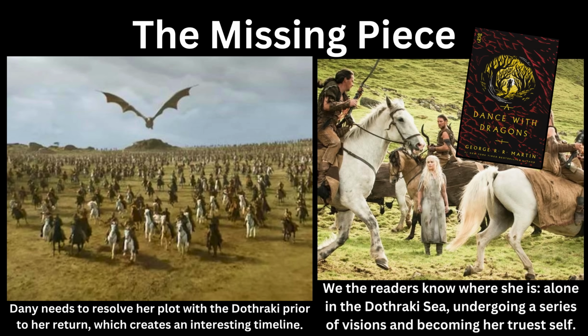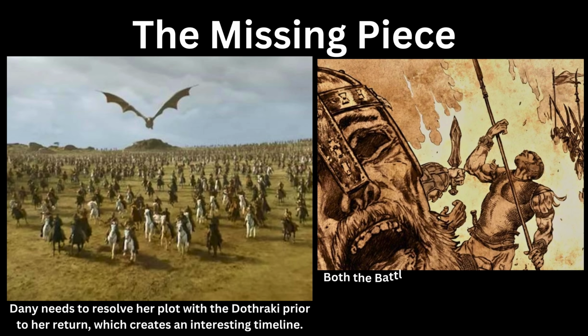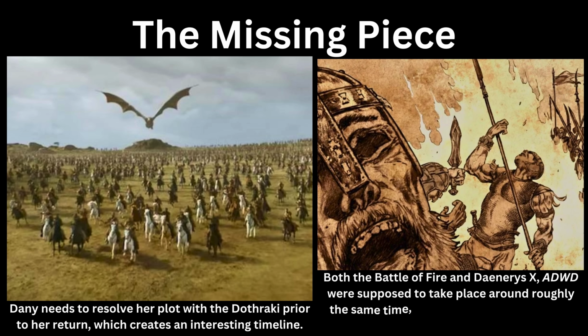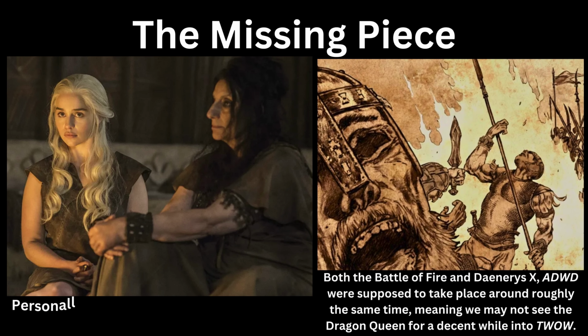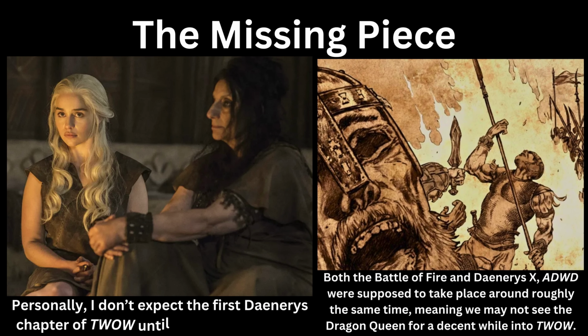We know the Battle of Fire was intended for A Dance with Dragons, so I think that Daenerys is going to be a bit later in The Winds of Winter than anybody expects her to be. I don't think we're going to hear from her again until after the Battle of Fire is concluded, and I think she's going to be away from Meereen for a pretty long time. So the characters coming into this situation are going to need to stabilize things and figure out how to rule Meereen. Maybe like Tyrion in season 6, but good, hopefully.